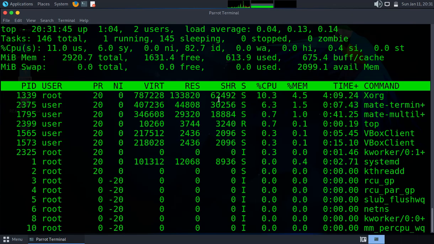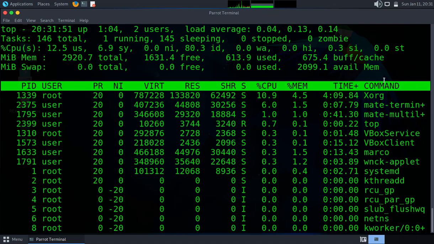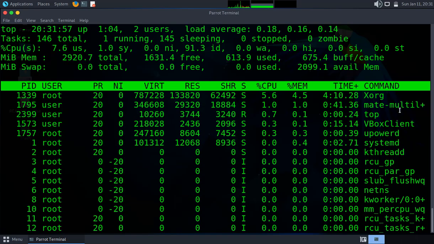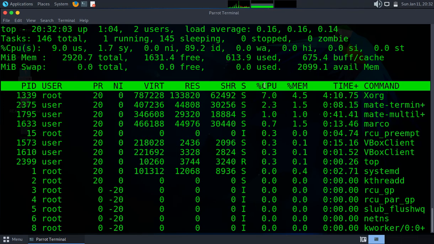As you can see, we have the time here. We also have the process ID, the user, and the command, like that. Below that is a list of processes that are sorted by the CPU usage by default, as you can